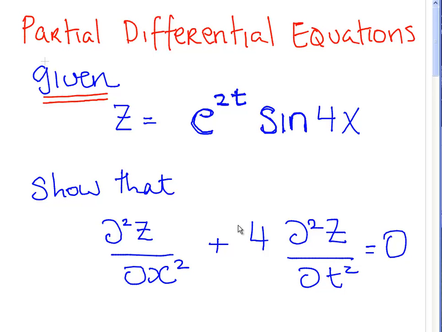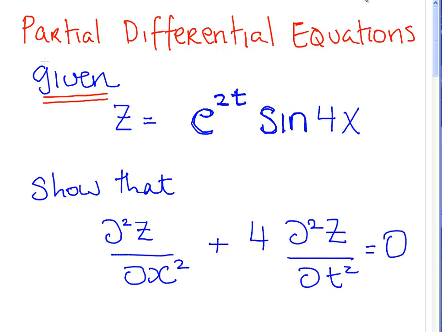This is an introduction to partial differential equations. This is sort of aimed at first year, second year college students. So given this expression here, z equals e to the 2t sine of 4x, what we have here is a function where z is a function of two variables, t and x. Okay, so it's a function of two variables, and in general what we're talking about here is functions of several